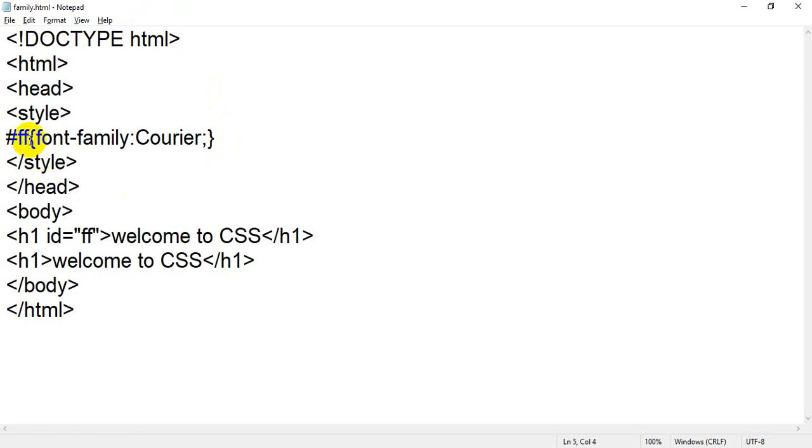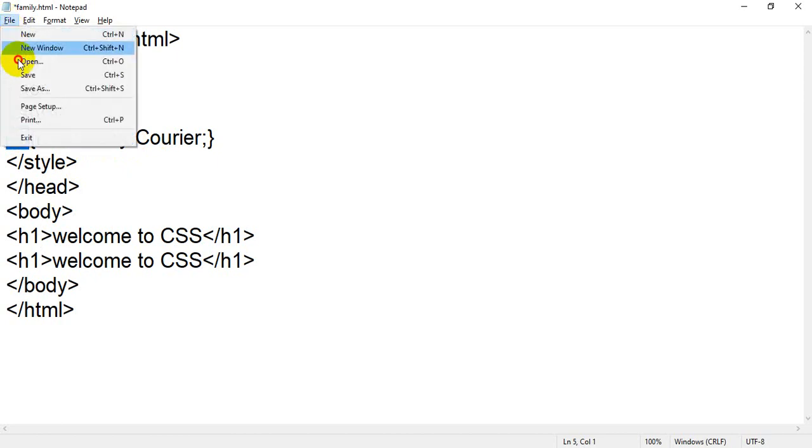I just want to show you, if you are getting confused about ID, for example, if I write H1 and remove this ID, simple, I am writing H1 and I am going to assign this CSS property, that is font family. So it will only search for H1. Where is H1? It will search.